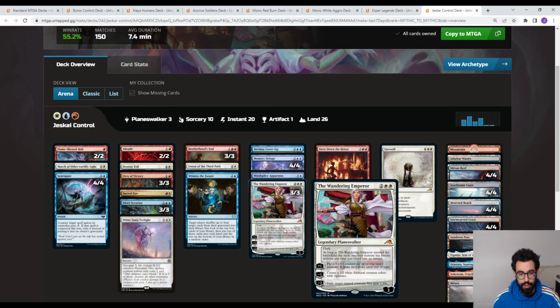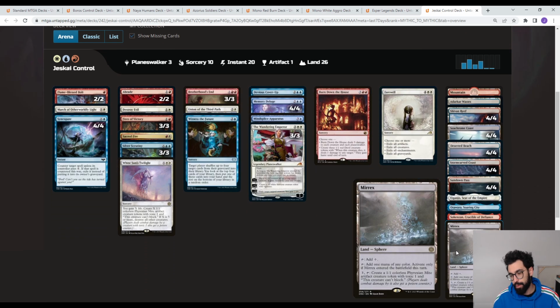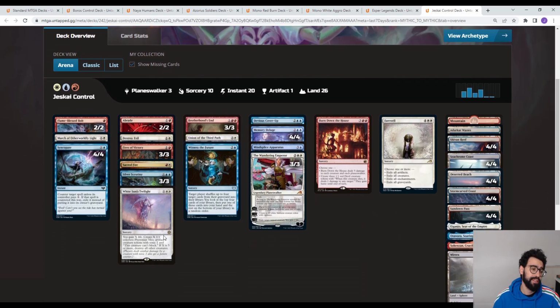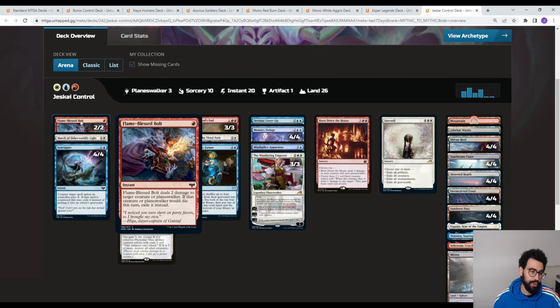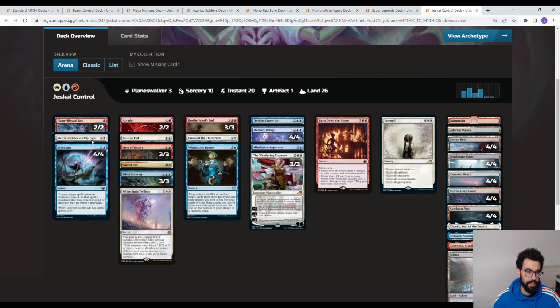Your win conditions are the Wandering Emperor, a White Sun's Twilight, or Burn Down the House, or a single Myrex in the mana base. Just saying no multiple different ways. No on the stack, no on the field, no on the field. Blowing up a base, basically just a bunch of flexible removal, artifact, enchantment creatures, planeswalkers, kind of some burn with